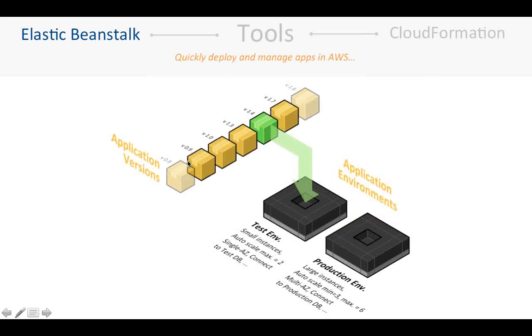You have here versions 0.8, 0.9, 1.0, etc. and you need to test them first. What you want to do is just drop in your application into a platform that can create test environments that are cheap, small, and then production environments that are scaling to meet the demand from the customers. And you just want to focus on the application development.